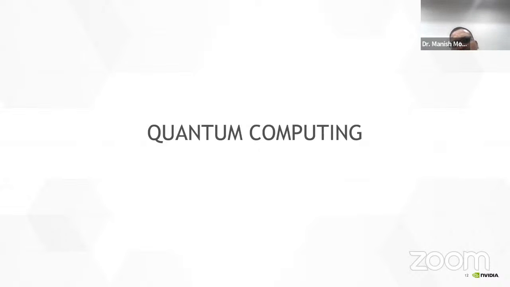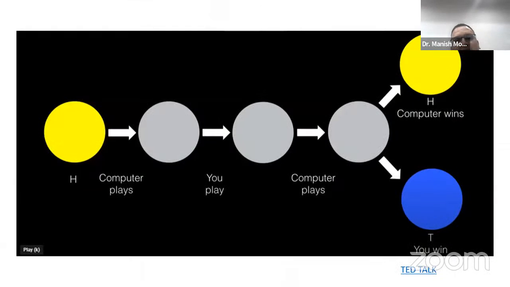Now I would like to discuss quantum computing, and how accelerated computing is being used in quantum computing, right? Since quantum computing is a relatively new domain, a new computing era, I would like to explain what it is by a game. In this, we are playing a game with the computer, like solitaire. I took this from a TED talk, where they explain it this way. I like this, and I'm trying to show it here.